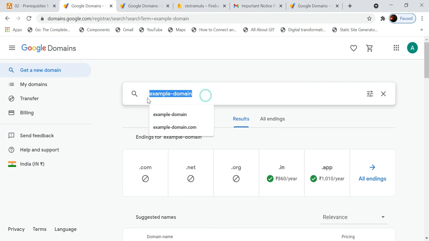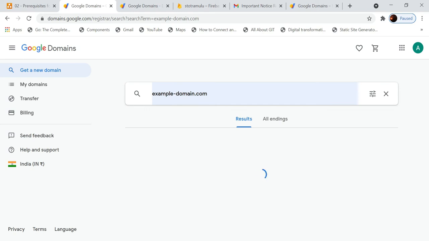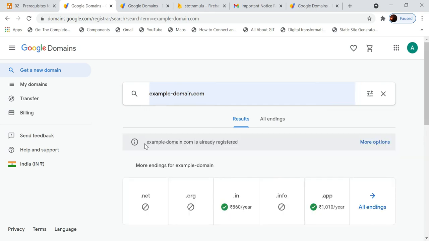If I search for example domain.com, here it is saying example.com is already registered. If it is already registered, it will show like this. Then you cannot take that domain name, so you will have to change your domain name. The domain name which you choose should be unique.